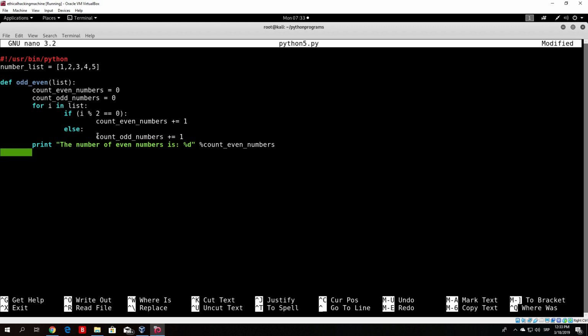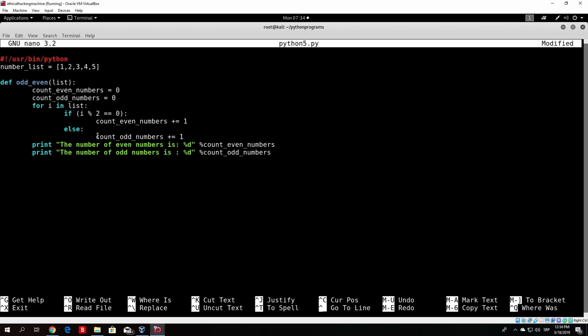And then we also do the same, so print the number of odd numbers is %d, and then %count odd numbers. So it is rather simple, as we can see right here. It will just print out the number of even and number of odd numbers, and all we have to do